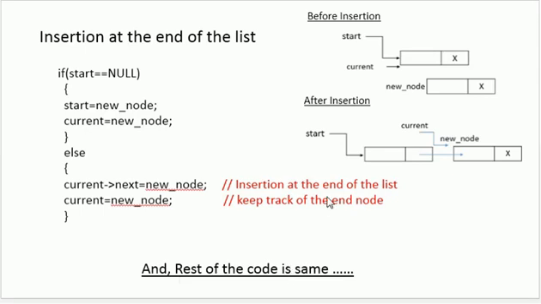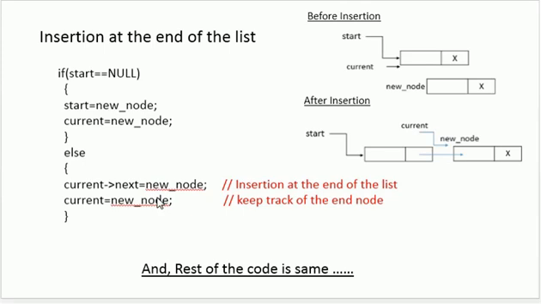So what we'll have to do, if I want to add this new node at the end of the list, definitely its next part will be null. But now next part of this current node, it will not be null. So how am I going to make these changes? I'm going to make the next part of this current node my new node. And now my new node is the current node.